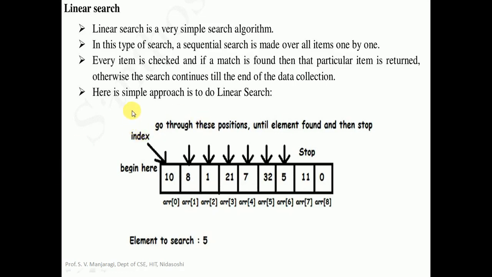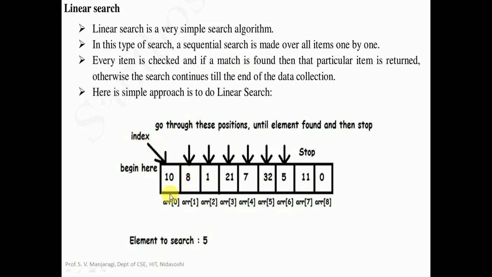This is also called sequential search. Why is the name given as linear search? Because the searching technique is in a linear fashion. That is, the search key is compared with elements of the array starting from the first element to the last element. So the searching method is basically linear in fashion, and the name is given as linear search. It is also called sequential search. Here every item is checked. If a match is found, then that particular position we need to print. Otherwise, we have to say the key is not found.